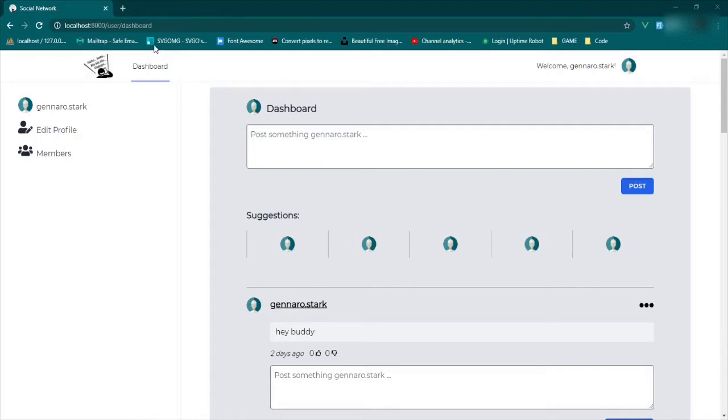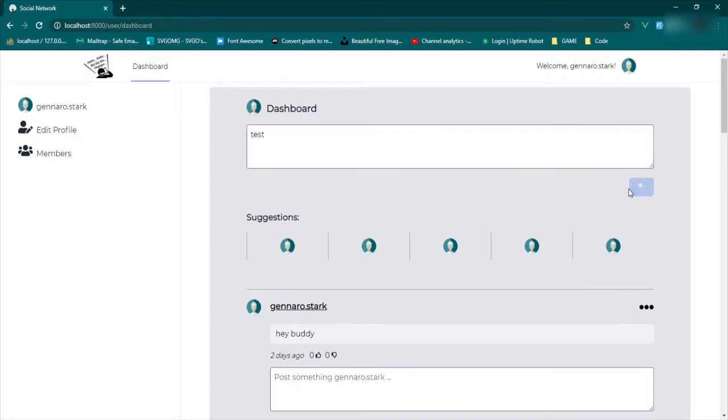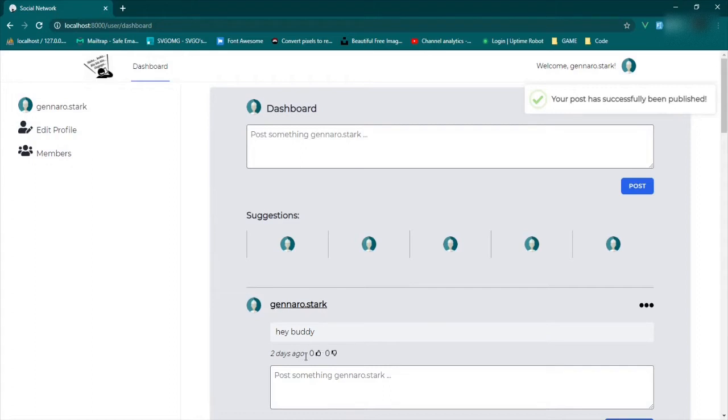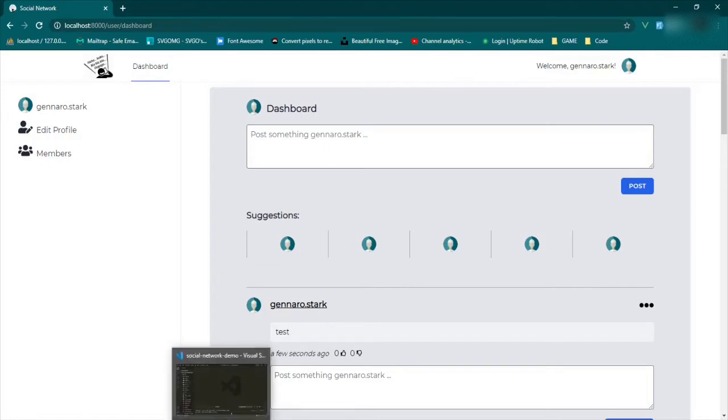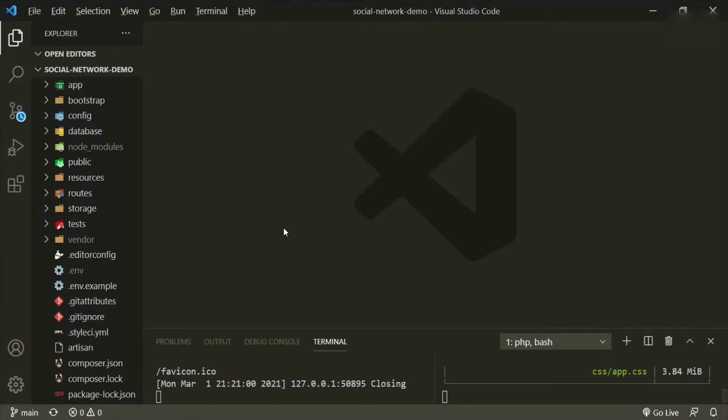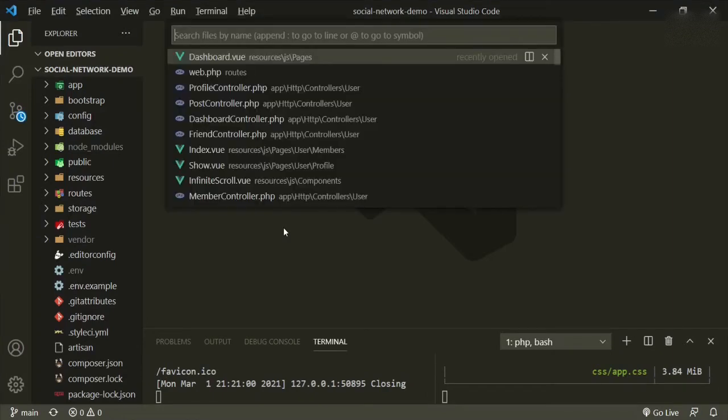If you go to the dashboard page and we try to make a post, let's say test, the functionality works, but what happens is the actual list on the page doesn't quite update the way it should. Now, if we were to go ahead and refresh it, it would show up. So the reason for that is the component isn't actually recognizing the update. So what we have to do is go to the dashboard